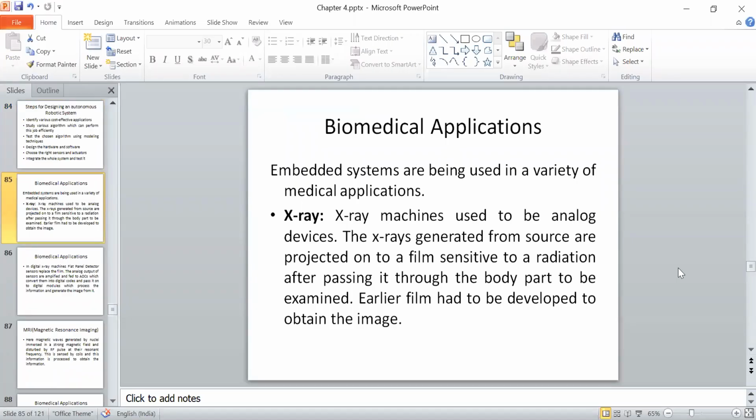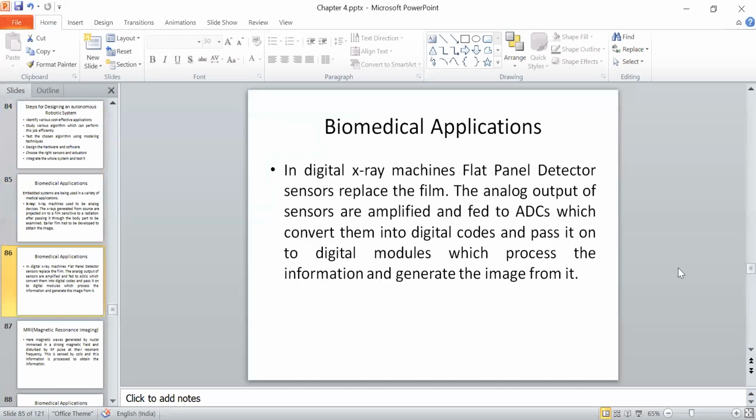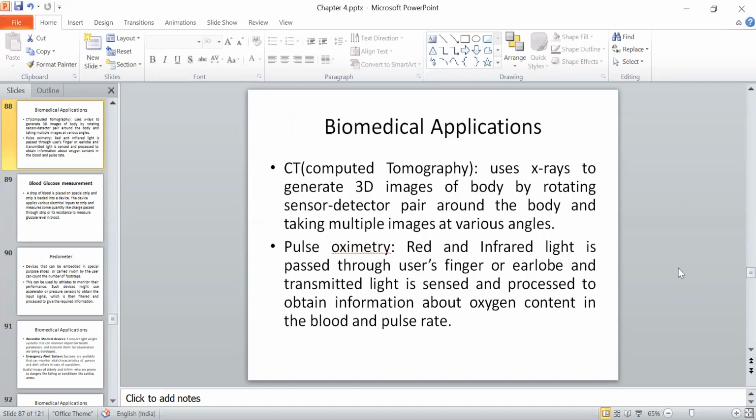Okay, so the next application that we will discuss today is the biomedical application. Now in the biomedical application you will find various kinds of biomedical devices which are used to help the doctors. Now it is just the reading thing, what X-ray will do, what your MRI will do, what your CT tomography does, what is the pulse oximeter. It's just the description of those things. ये devices क्या होते हैं, ये किस काम में use होते हैं. So I am not going to read out this thing. I leave this particular part to you people. Give a reading to this part, biomedical application. It's just the description of these devices, why we use these devices.